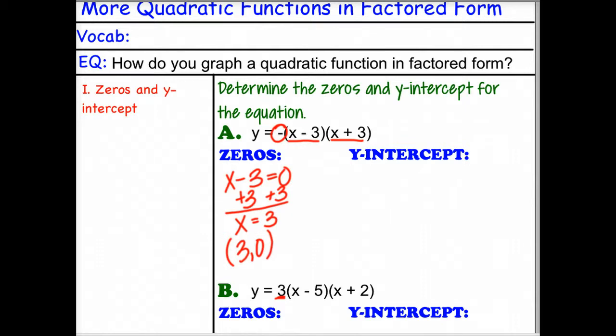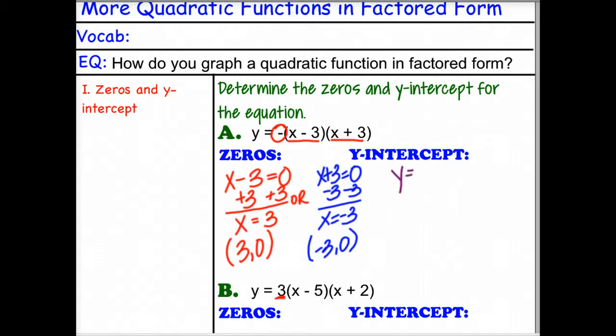Or we have that x plus 3 equals 0, which then we subtract 3. 0 minus 3 is negative 3, so we get x equals negative 3, which means my other zero is (-3, 0). And then finally, y-intercept is where x is equal to 0, so we substitute it in and we get